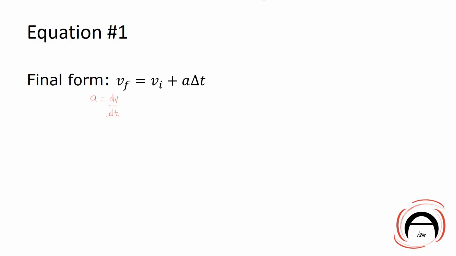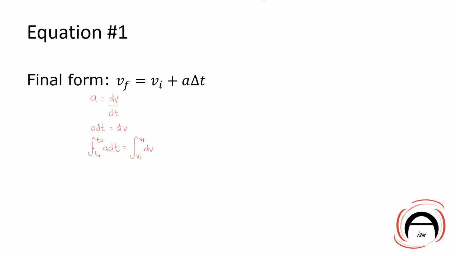So we're going to get right into integrating this. So a times dt: you multiply dt by both sides, and then you have a d term on both sides, which means you can integrate on both sides. Here, you're integrating a dt from t1 to t2, and on this side, you're going from v initial to v final